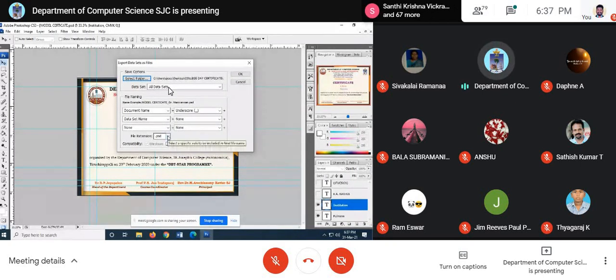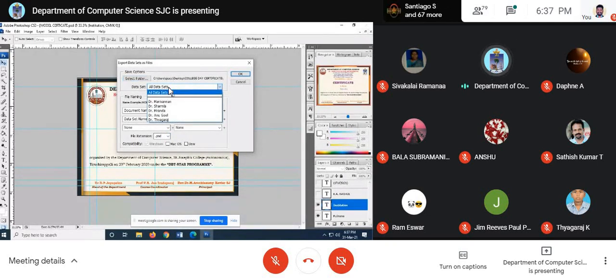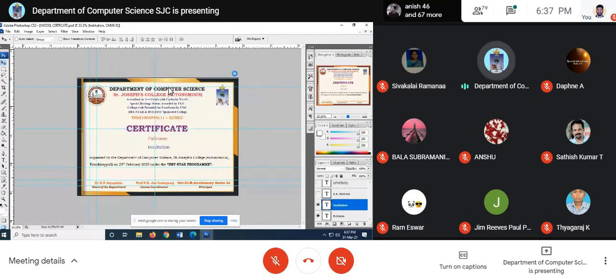Now, another very important thing: you've got all the people in the data set that we have. We can create them one by one, or go for the whole. Now look at your file extension. We can have two ways. Right now, the problem is that with the edition that we have, you can even create a PDF file, but this version doesn't support it. We have to define the pattern. Right now I wanted to have a PST file. I'm okay with the PST file. Just click OK.